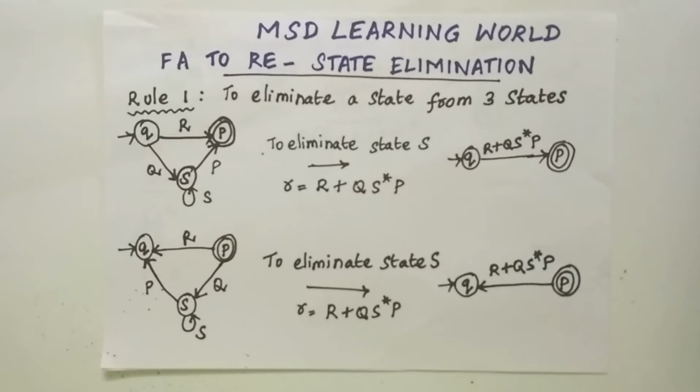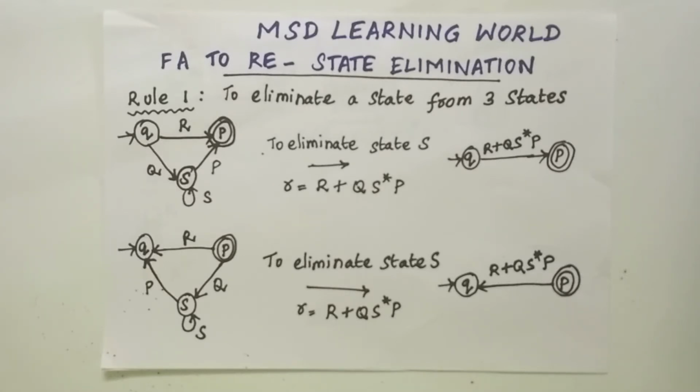The second advantage is, in the Rij formula method, you will be finding the regular expression for all the values of k equal to 0, up to k equal to 3. As the number of states of the machine increases, the work for finding the regular expression also increases to the power of n cubed. Whereas here, you start eliminating the states one by one to find the regular expression.